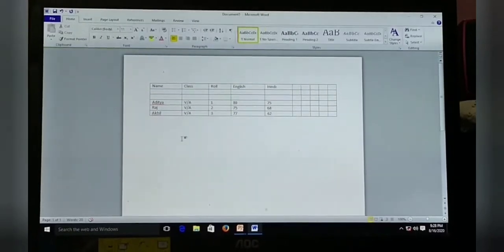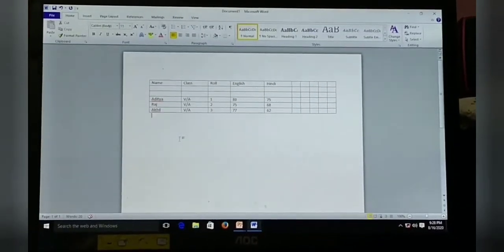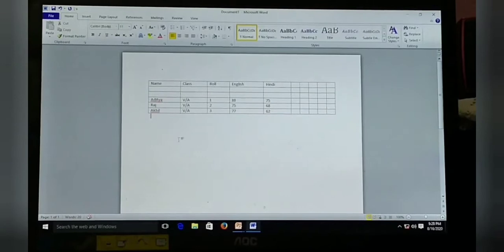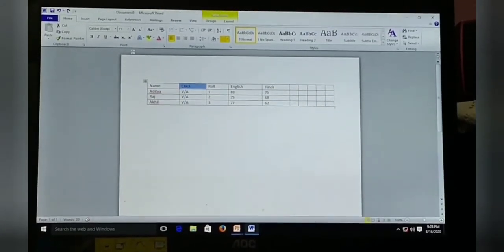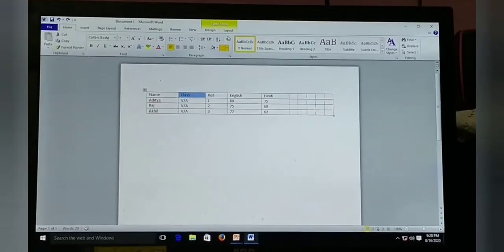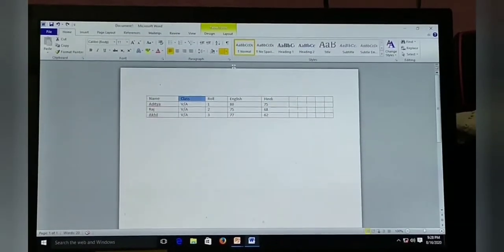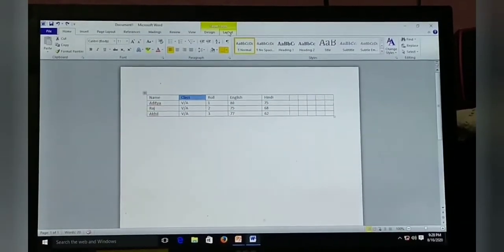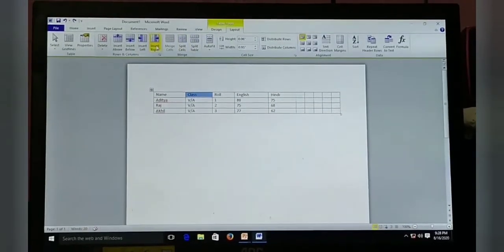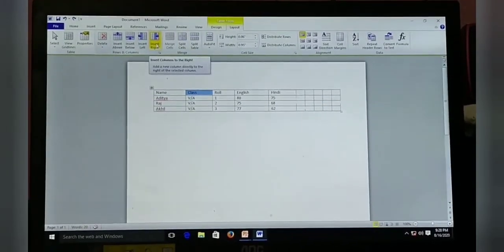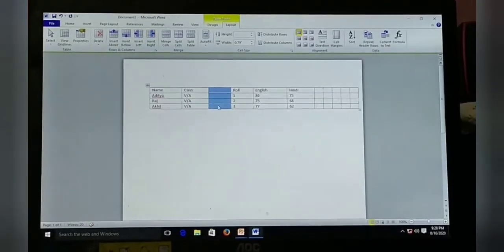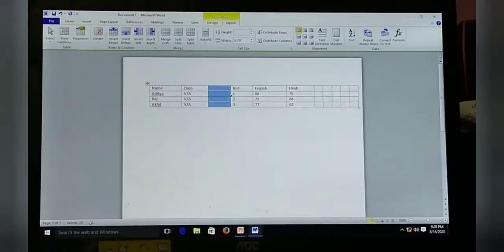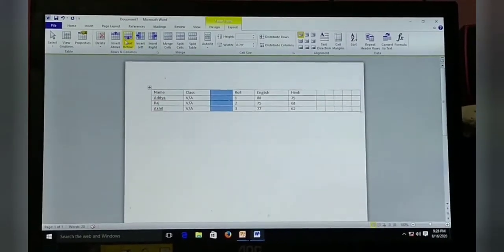Now we will delete all the inserted cells, and again we will see what the next option will do for us. Again we will select the same column and same cell, and then go to the Layout tab. Now we will choose the option Insert Right. You can see over here on the right side a whole column has been inserted, right?